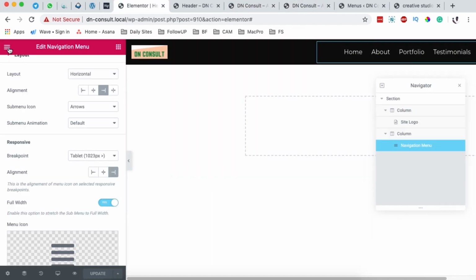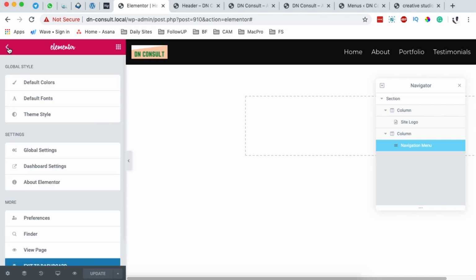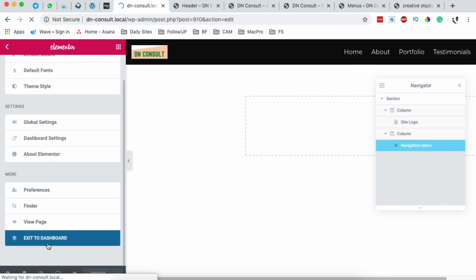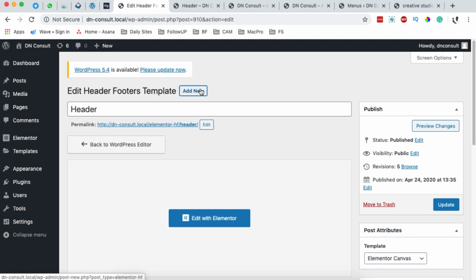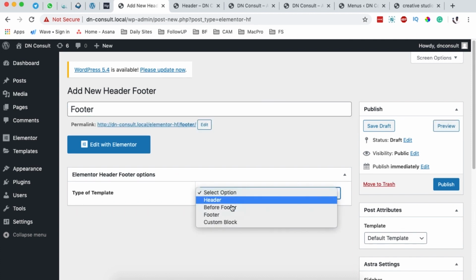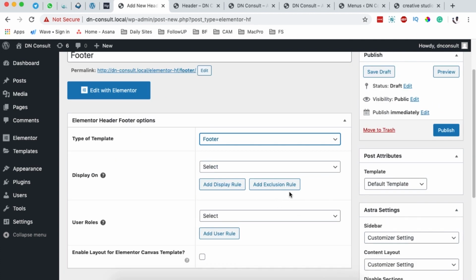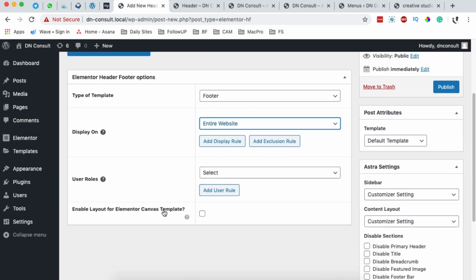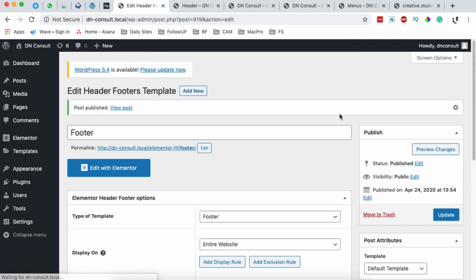Next, I'm going to show you how we can create our footer using the header footer builder plugin. I'm simply going to exit this section, and I'm going to say add a new one. I'm going to select the template type to be a footer, and I want this footer to appear on the entire website, and of course it will be available to all users. Now when I say publish,